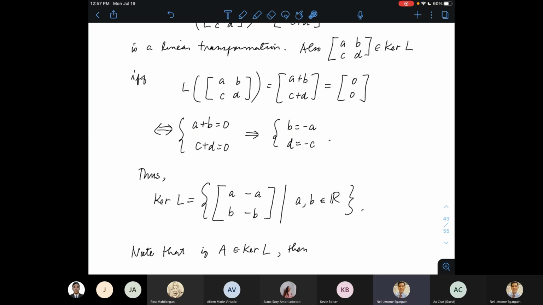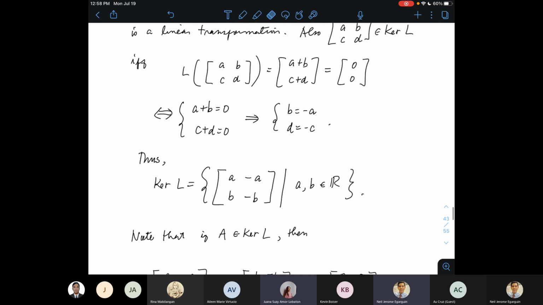Yeah, may mali nga rito. So yung kernel L niyo po naging A negative A tapos B negative B, hindi. Yeah, so, ano nga ba yan? Dapat A negative B tapos C negative D? C negative... Well, yeah, probably it's a blessing in disguise para makita natin paano siya binubuo,